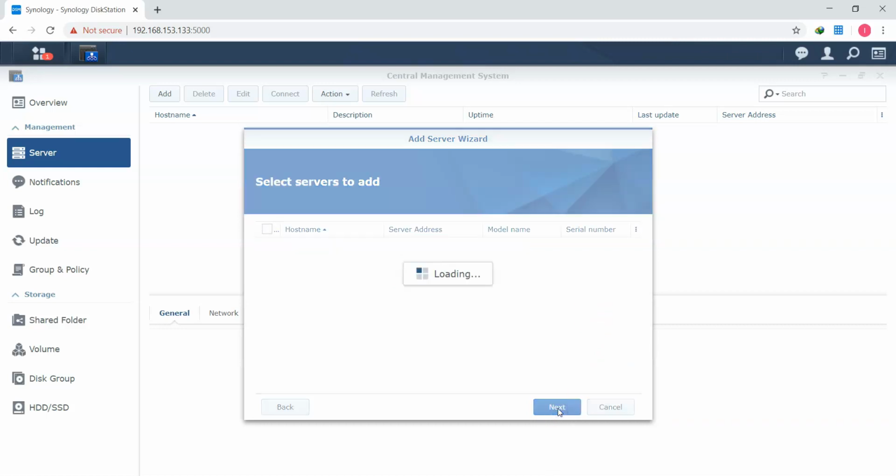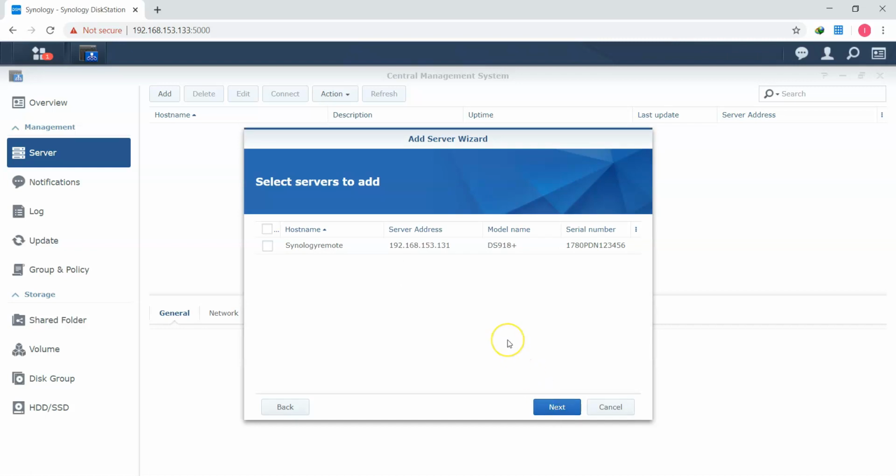I click on next. It will start searching for any Synology boxes installed on your LAN. You can see it has detected one Synology box with the model number DS918 plus and the IP address 192.168.153.131. Check the checkbox, go next and give the username and password for the particular Synology box.